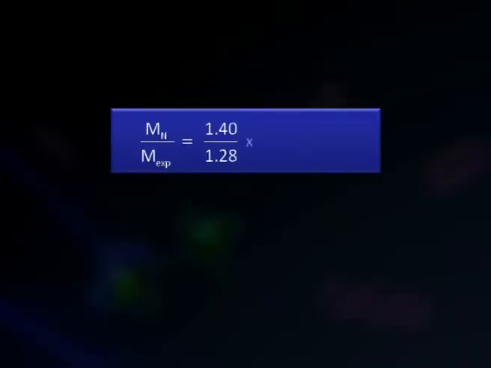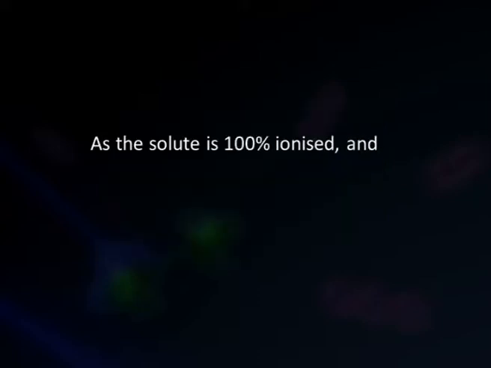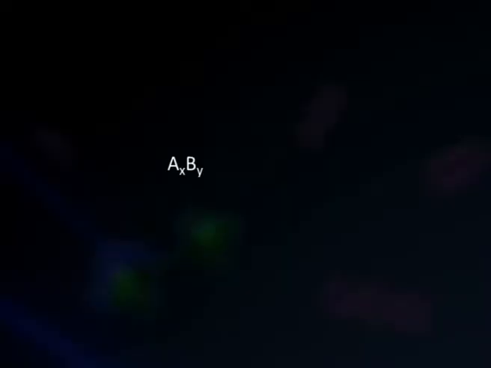Equating these equations 1 and 2, we will get normal molecular mass upon experimental molecular mass equal to 3.01, that is i equal to 3.01, which can approximately be taken as equal to 3. As the solute is 100% ionized and alpha is equal to 1, therefore, if we take the electrolyte as AxBy, it will dissociate as xA plus yB minus, means x ions of A plus and y ions of B